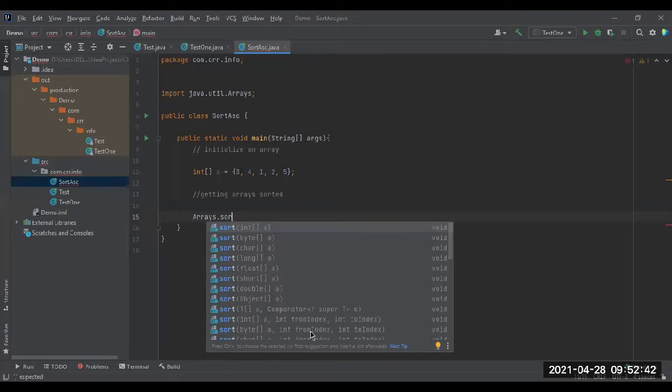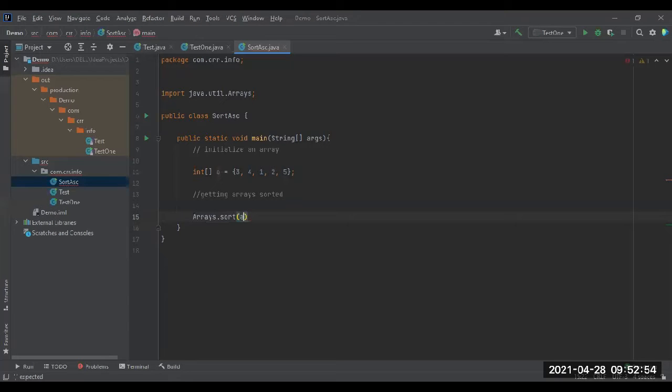Index in the sense from 1 to 5, you can sort it out. Just sort a, the name of the array.